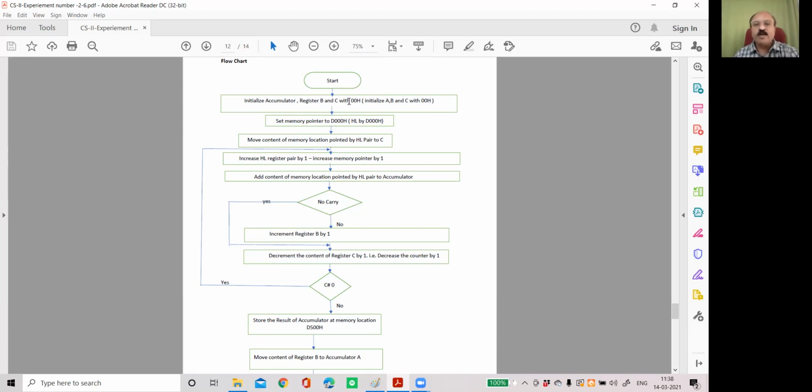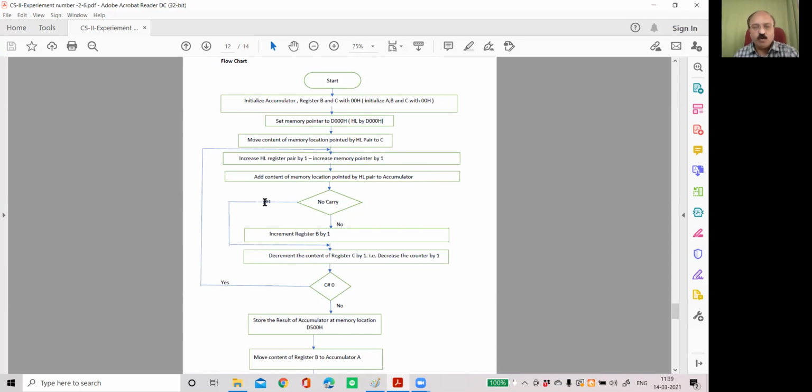So previously accumulator was 00. Now the content of D001 will be added to accumulator and the result will be stored into accumulator. 00 plus 03 will be stored in accumulator as 03. With this addition, whether the carry flag is set or not is checked. If carry flag is set, yes, then what will happen?